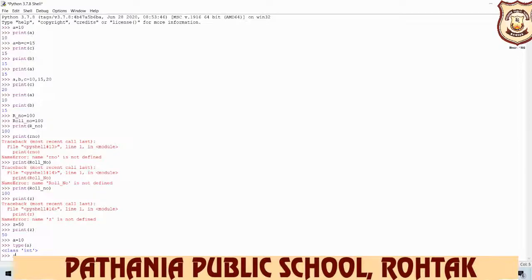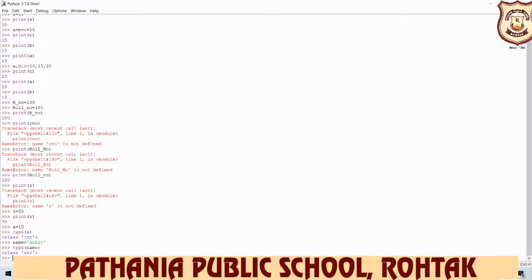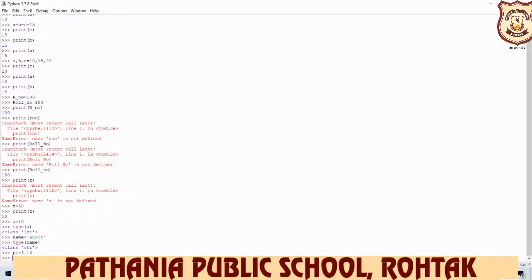But when we write name is equal to Ankit, and then we write type of name, the variable name here, your answer is string. But when you define, for example, pi is equal to 3.14, and we print pi, your answer is 3.14.